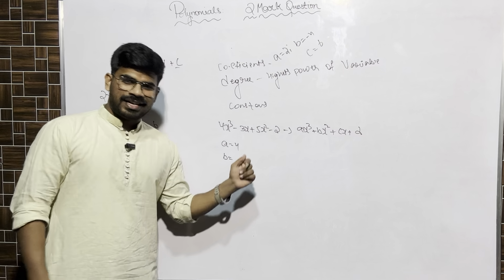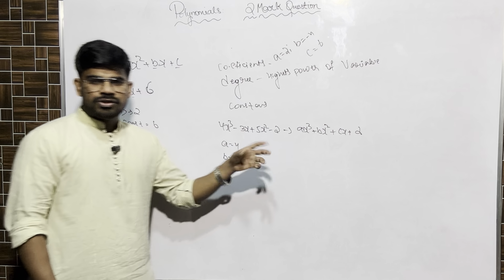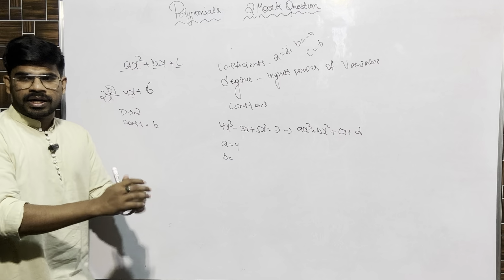Actually, I intentionally twisted the question. In general this should have the decreasing order of power. While solving long division, I already told you it should have decreasing powers: x cube, then x square, then x, then constant. Intentionally I wrote x cube, then x, then x square, then constant. It is not necessary that you will get the question in decreasing order. It will be jumbled.